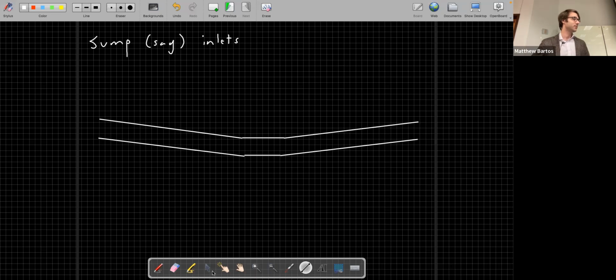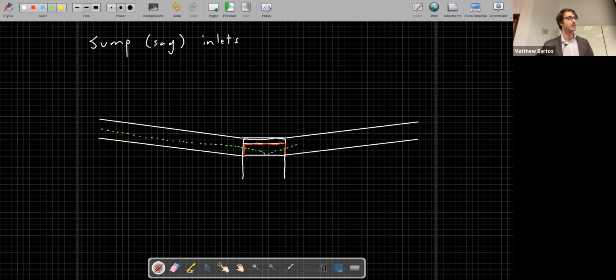And at the bottom of this local depression, you have your curb opening inlet. And here's the top of the curb opening inlet. The mouth of the inlet is right here. Okay, and in this case, you will get flow coming in from both sides. So with the on-grade inlet, you only get flow coming in from one end. But for sump inlets, you will get flow coming in from both ends, and you'll get this kind of weir